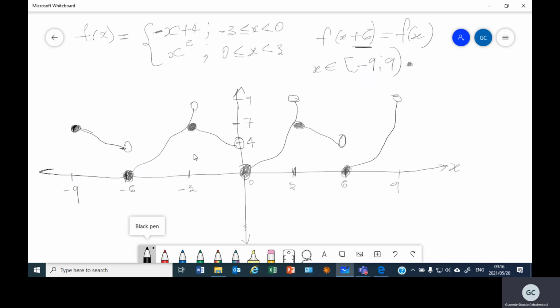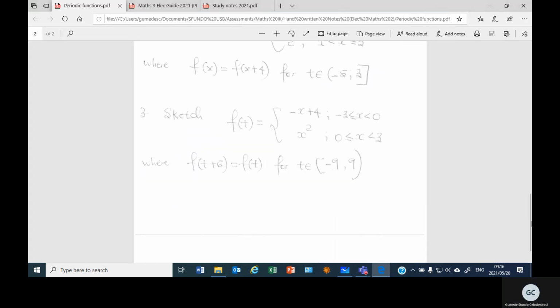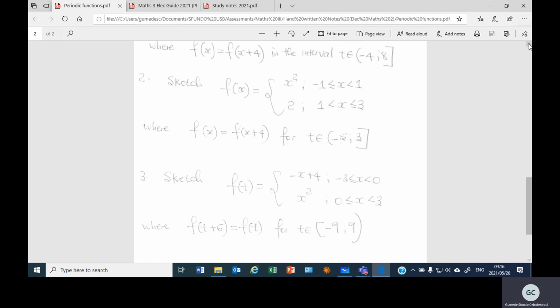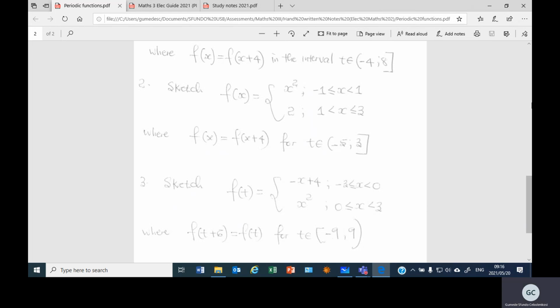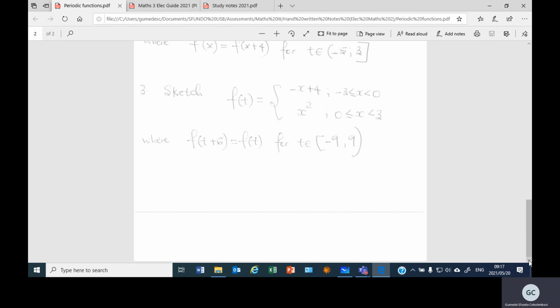Then you can do number 2 here in a similar way. Number 2 will be much easier than number 3. And if you want some more exercise on this, I'll send it to you